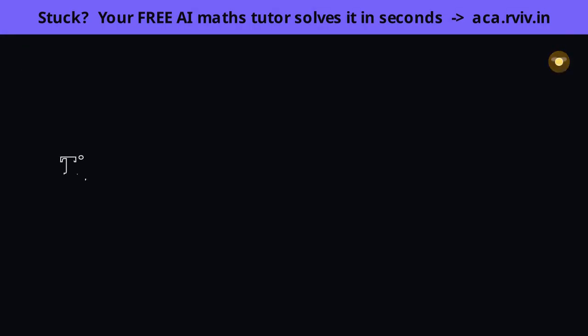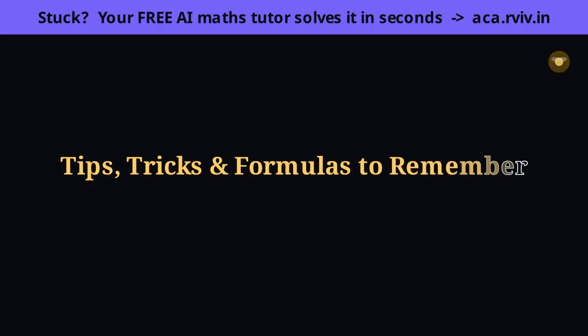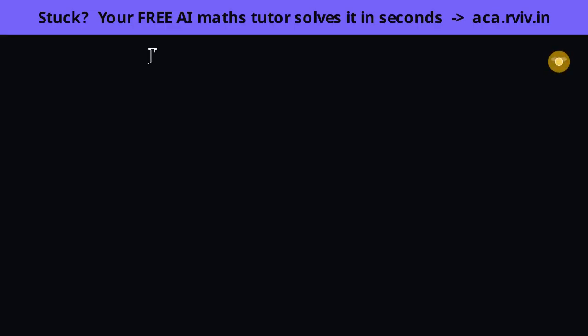Before the exam, let's lock in everything from this chapter, and not as bare formulas to cram, but each one with the one-line reason it's true, because a formula you understand is a formula you can't forget. We'll run the similarity criteria, the key theorems, the smart shortcuts, the traps to dodge, and a few memory hooks. Here is the whole chapter on one card, each formula with its reason.